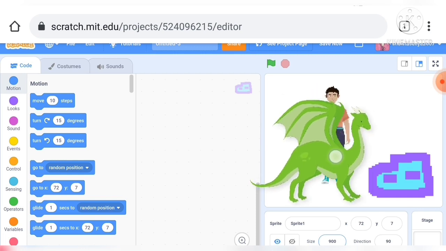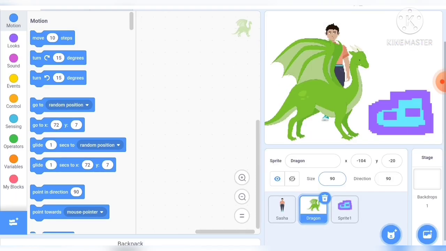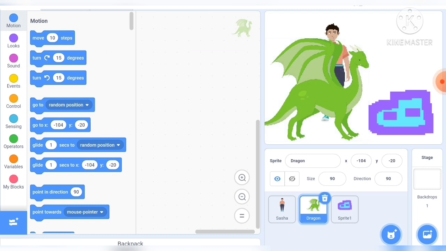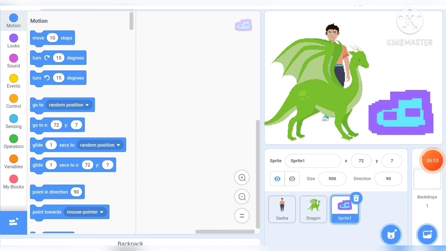So you can see here you can make this kind of pixel art on Scratch with 3 methods. First, you can take any sprite and you can put the coding on it. Second, I will take this dragon and I can minimize it, maximize it, then I will get a pixel art. Third, I will just make a sprite in the costume and I will enlarge it, so then I will get it. So friends, that's all for today.